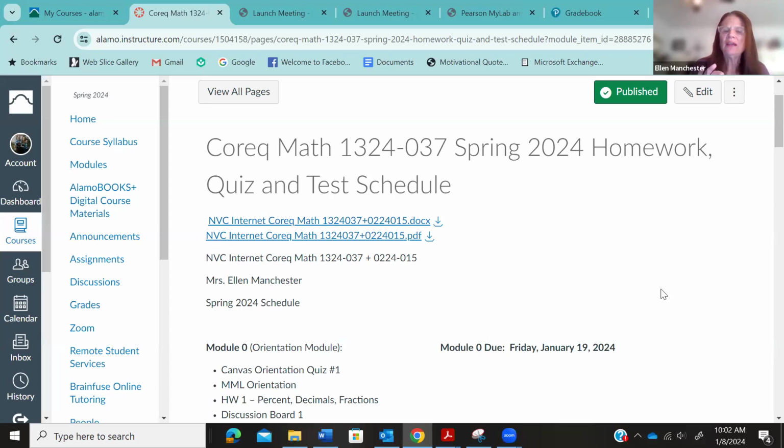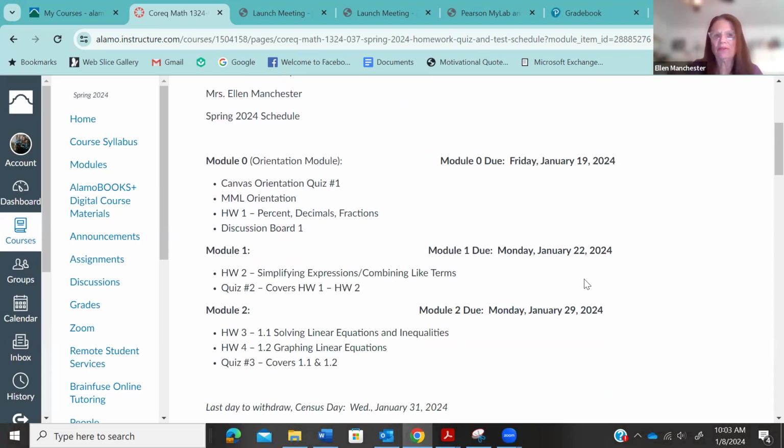Canvas is great. In the student version, it always has your assignments on the right side, what's coming up due. So you should never miss an assignment. But if you need something printed, or you have a planner and you want to transfer everything over into the planner, that's totally fine.